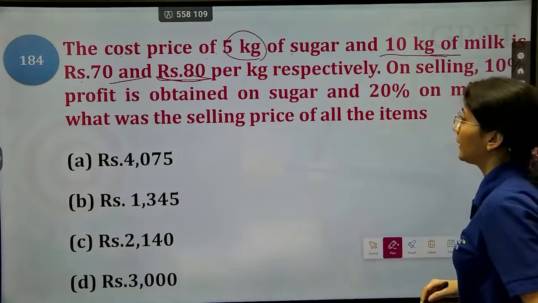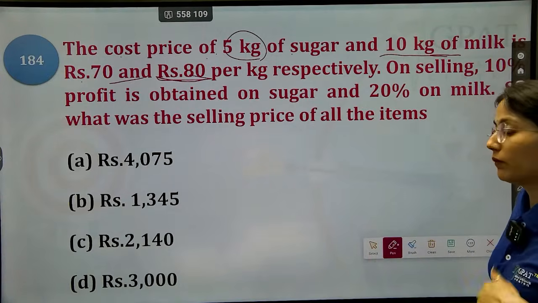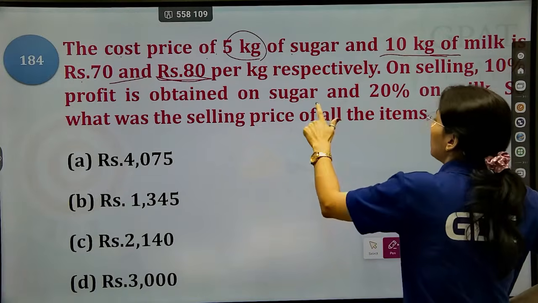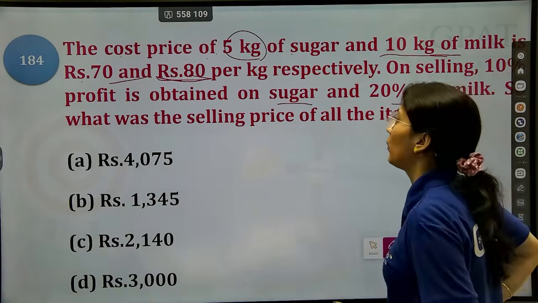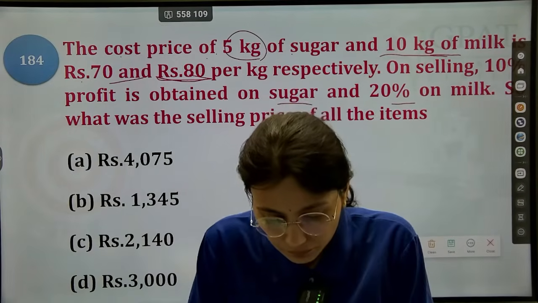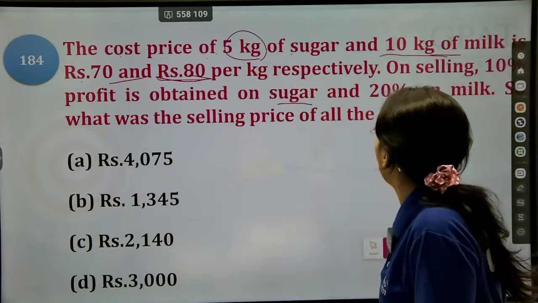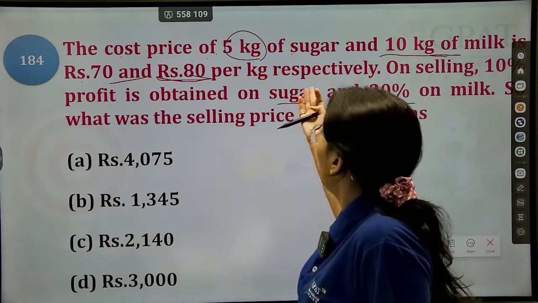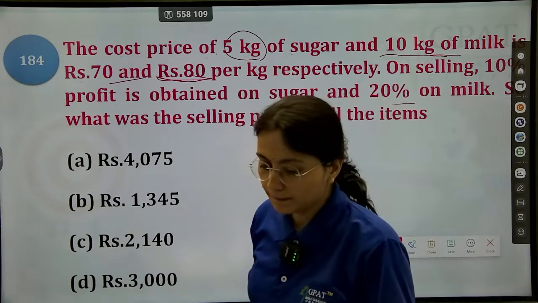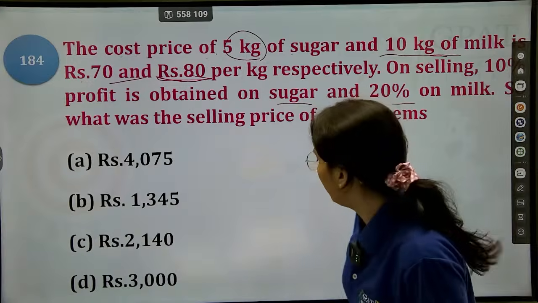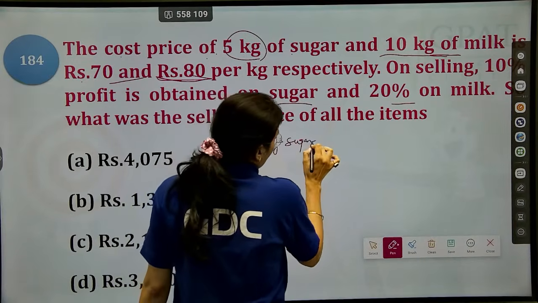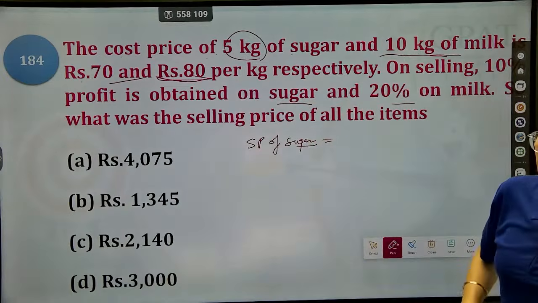On selling, he gets 10% profit on sugar and 20% on milk. So what was the selling price of the item? We have to find the selling price of all the items, for sugar and milk. If we find the SP of sugar, selling price of sugar,